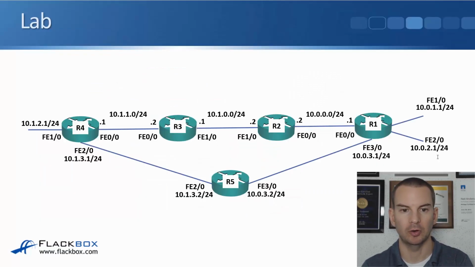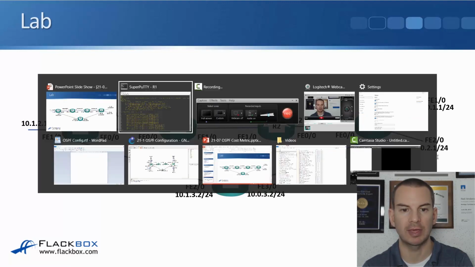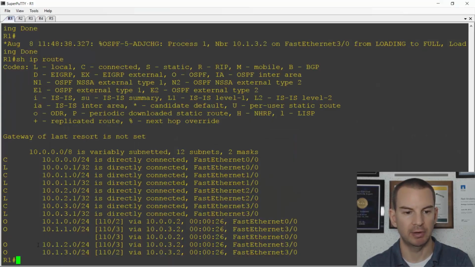Back at the lab topology, the 10.1.2.0/24 network is available behind R4. So R1 could get there either along the top path via R2 and R3 or along the bottom path via R5. So let's have a look and see which path it is taking. From our show ip route, I can see the route was learned via OSPF for the 10.1.2.0/24 network. It's going via 10.0.3.2, which is along the bottom path via R5, which is what we'd expect because